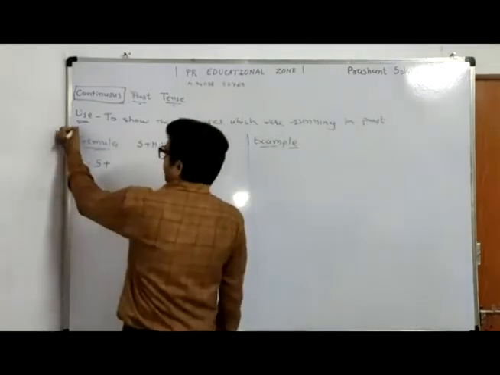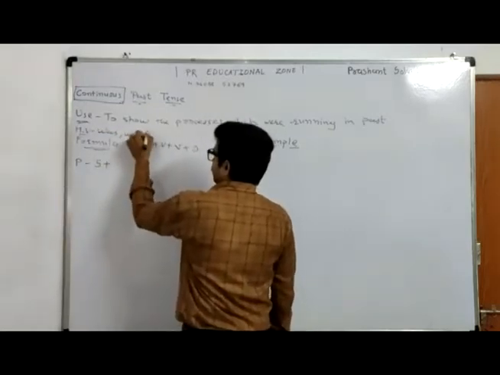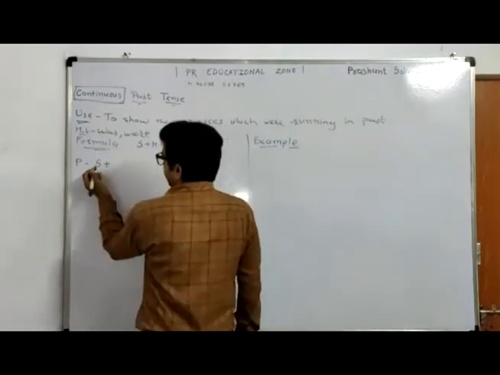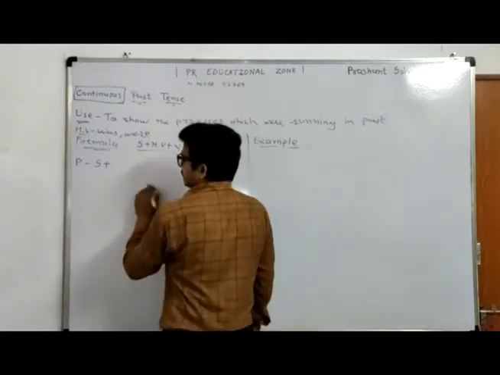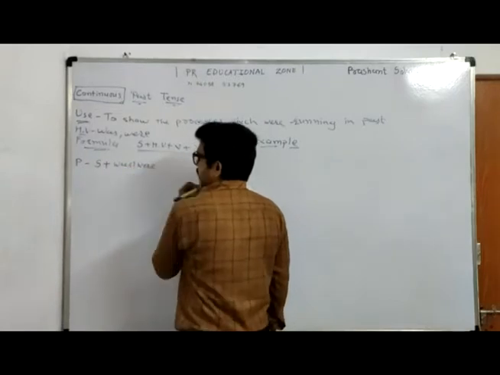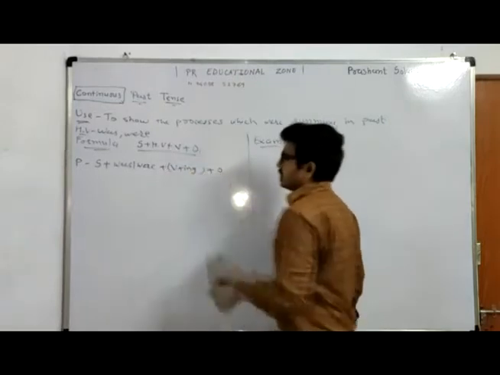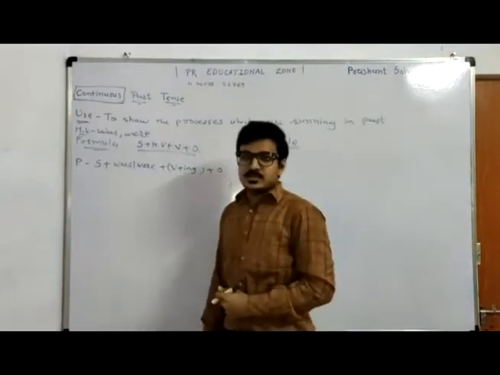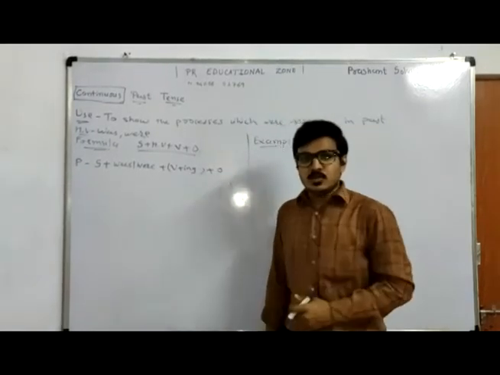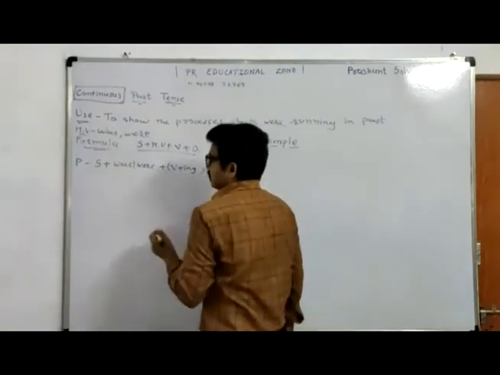And here, the helping verb is was and were. Was is used for singular pronouns and were is used for plural pronouns. And now, according to the general formula, we can say that here we will take was or were and then the verb plus ing form and then the object. Here also I had told you that in all the continuous tenses we are using the verb plus ing form. So here we have taken a verb ing form.